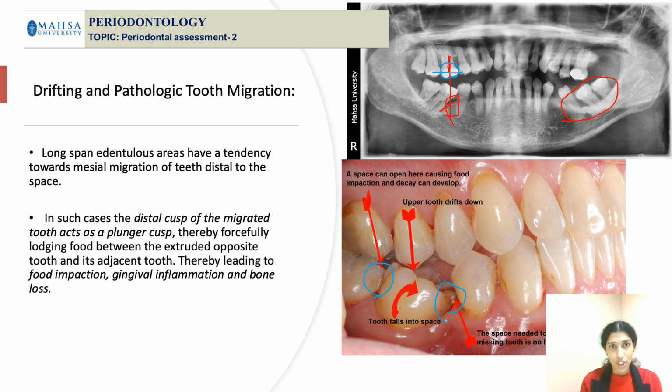Not only the breakdown of the tissues, not only compromising the masticatory efficiency, once all these things are happening in that area, it will be very difficult from the prosthetic point of view to replace that area again, because once the drifting happens and the spaces are occupied, there is no more space to give a proper prosthesis there, whether it is a removable prosthesis or a fixed prosthesis. So it is very important to train and motivate the patient to make sure that they replace the teeth as and when they are actually lost, not waiting for a long time. Okay.